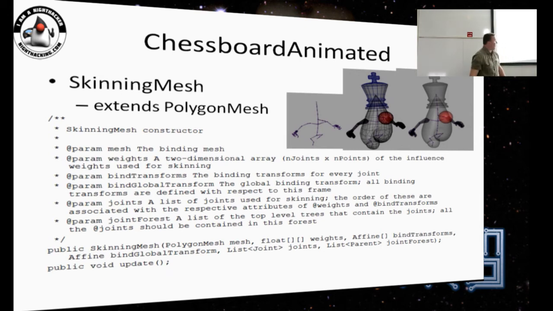But basically you provide your original mesh, your weights, your transforms, your skeleton, and you just move your skeleton nodes, like rotate, scale, whatever, just transform them, and you invoke the update method, and you get your 3D mesh updated. That's how it is being done